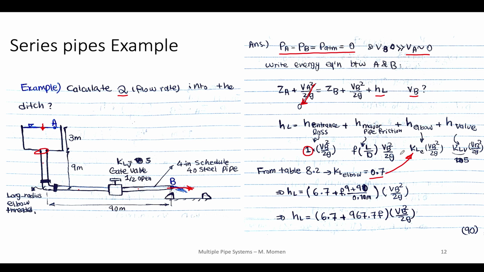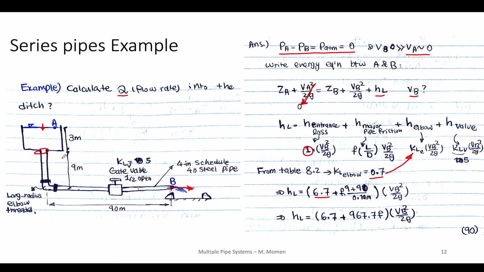So the total head loss is going to be, I have VB square over 2G factored out. It's going to be 1 plus 0.7 is going to be 1.7 plus 5 is going to be 6.7, which I wrote here, plus F multiplied by the total length of the pipes, which is 9 plus